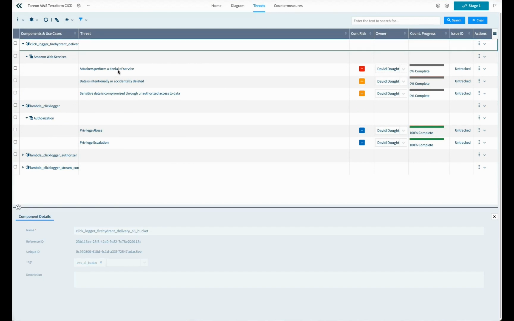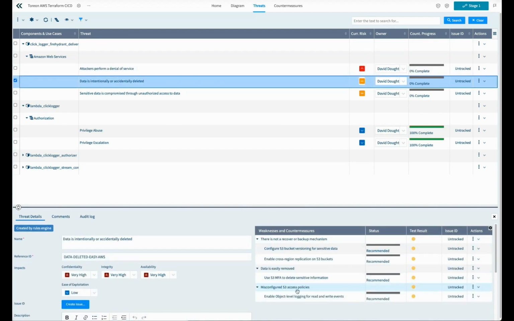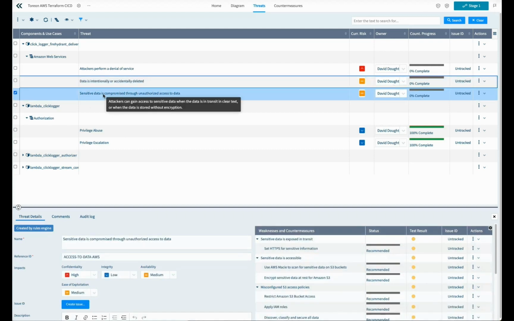So from this, we can take a look at the threats independently, and we can see that the threats are mapped to controls that we might want to consider implementing. At the moment, these are recommended by default. Depending on our security guidelines, we could identify those things which are mandatory for the business. Maybe many of these would be mandatory for setting up your Terraform. So we can see what we would advise at this particular point in time for each of the threats associated with this S3 bucket,